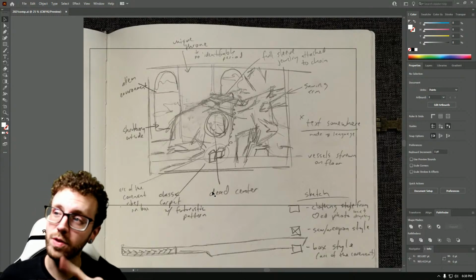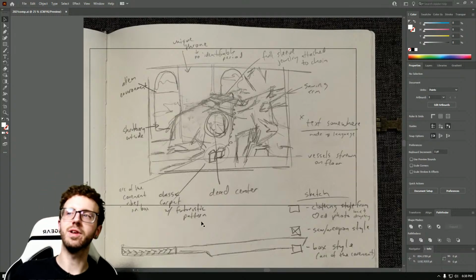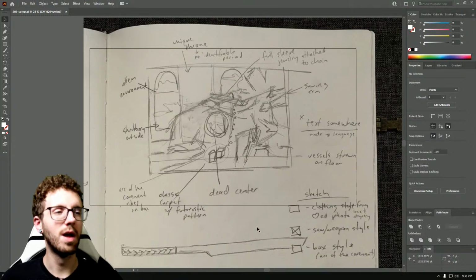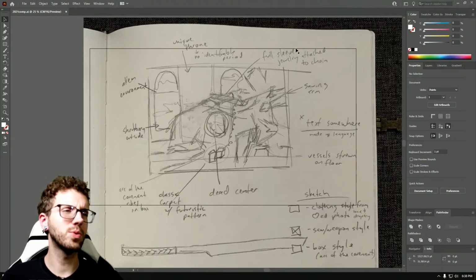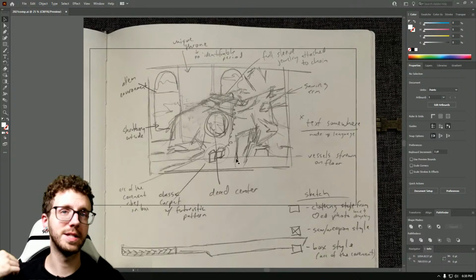Then, however, there's going to be a very intricate pattern on the carpet. You can see here, classic carpet with futuristic pattern. Futuristic I use loosely, really just something that wouldn't be your traditional classic tapestry or whatever. So that's where this is at. I have no actual assets yet. So the first one I want to work on is this